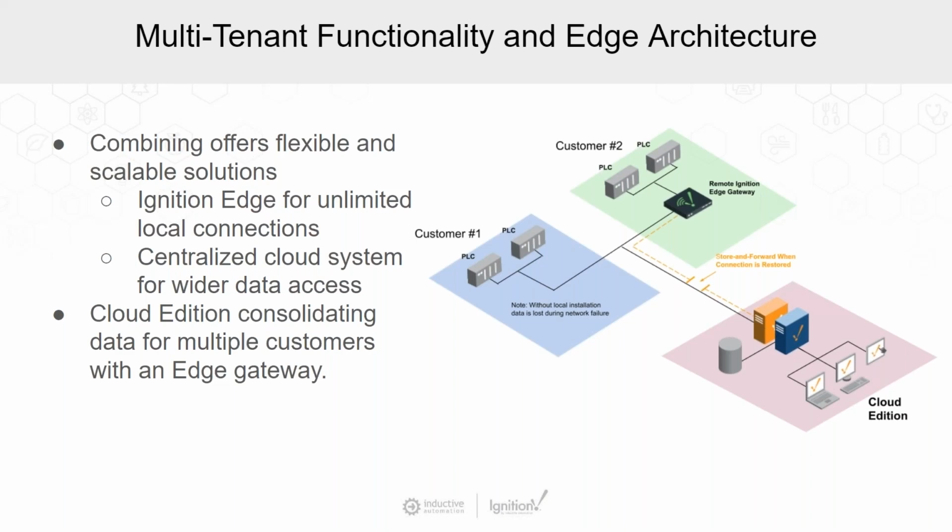Well, you can see in the green box there, we have Ignition Edge. And if I had Ignition Edge there, I could be pulling the PLCs locally and then just publishing the data up to the cloud. And now I could do that over our gateway network or MQTT, both of which support encryption, support user authentication, and all the modern security practices, right? And so really, if you're trying to do multi-tenant, having some local presence really helps make it a more robust solution. And so you could picture, I've got an Ignition Edge gateway at each of my oil wells, right? That's collecting the data, publishing it to a centralized system. And now multi-tenant makes more sense.